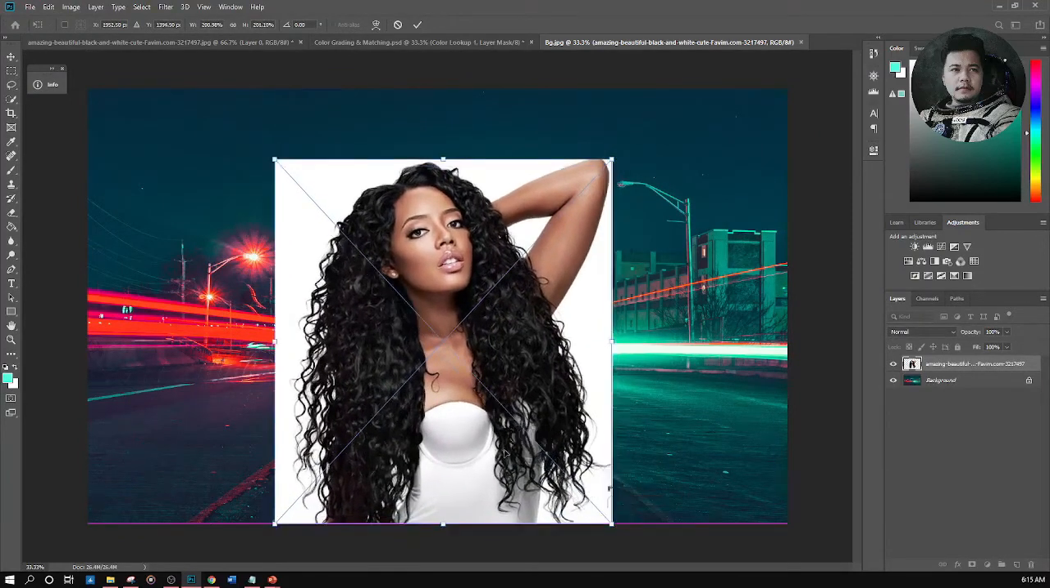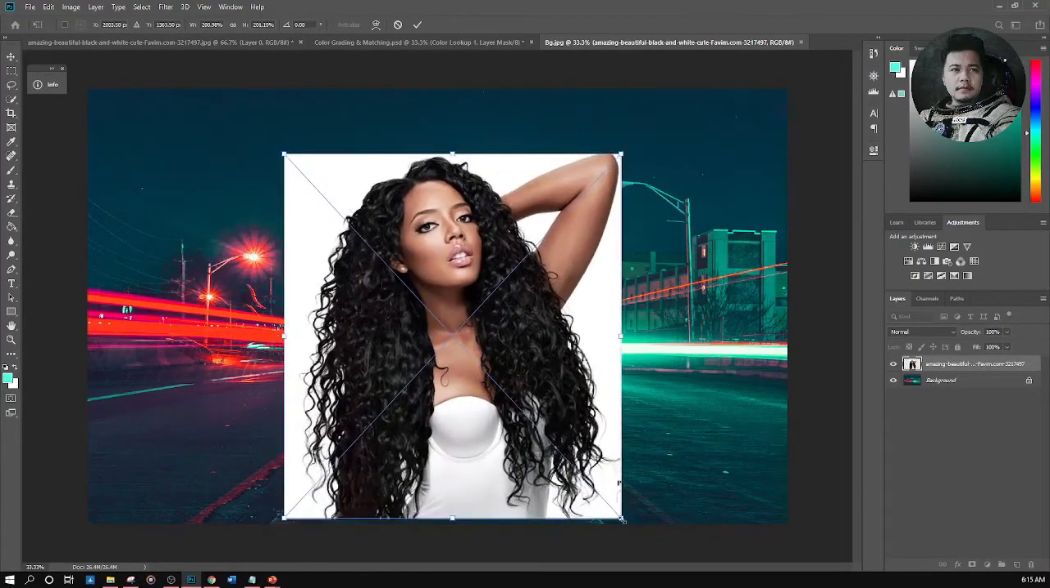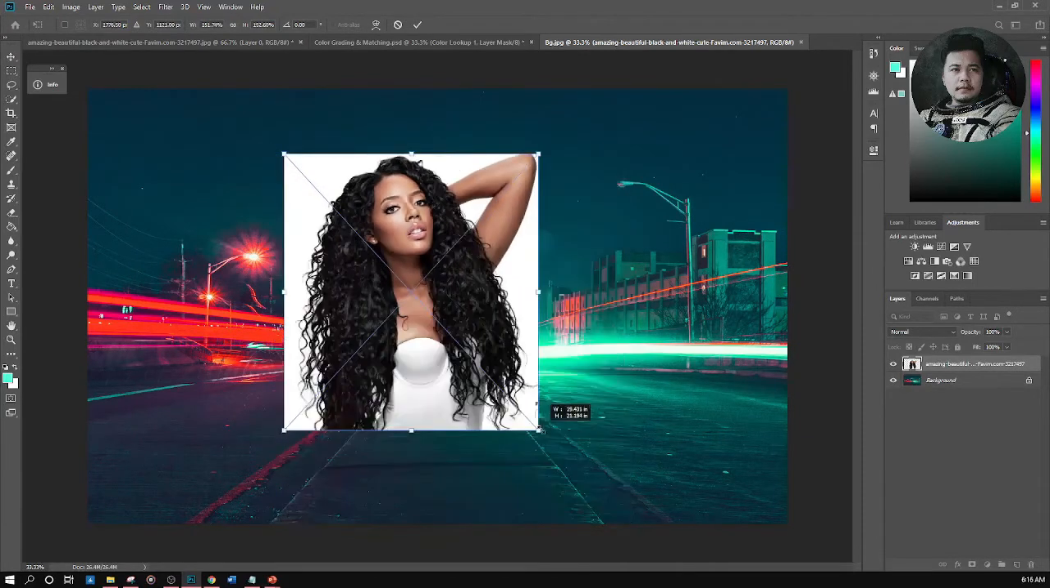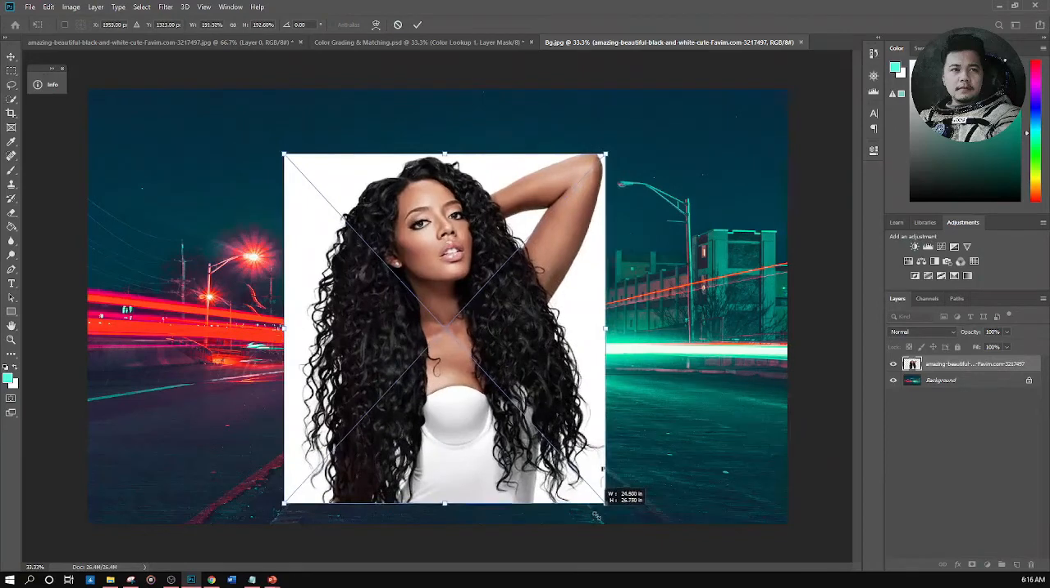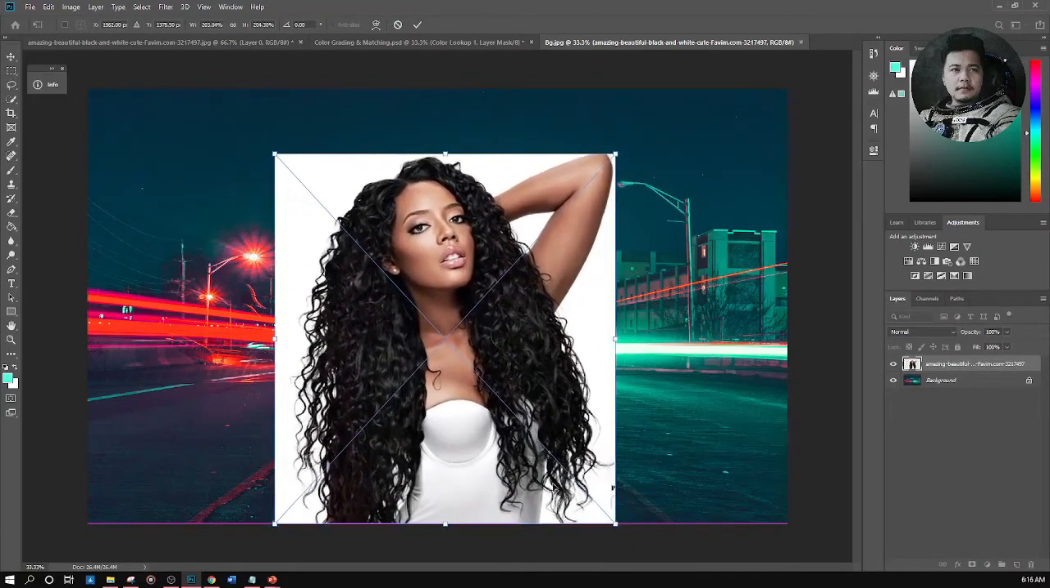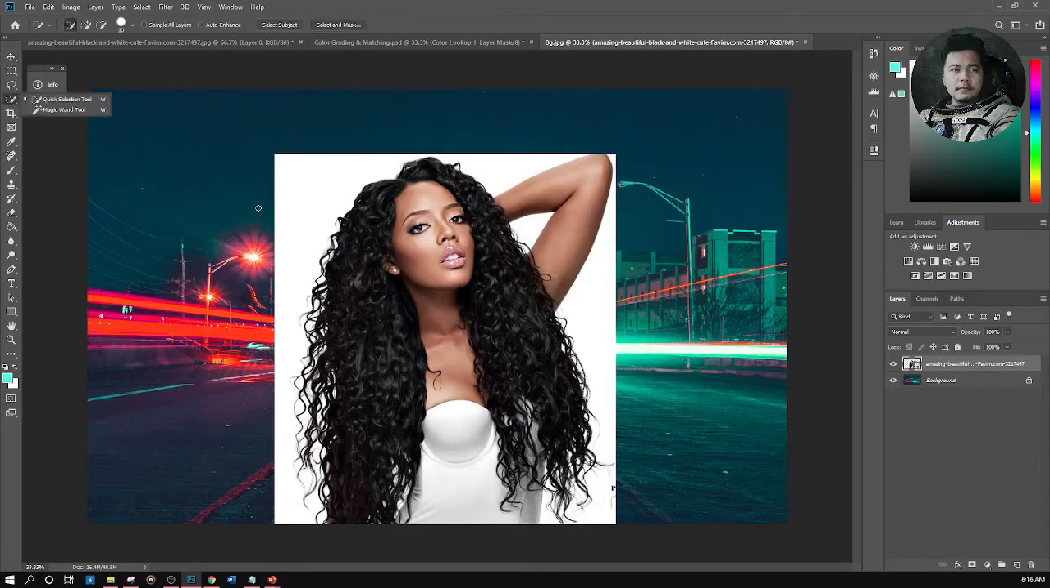So let's just try. Make sure to press Shift to maintain the aspect ratio of the image. And then the next thing that we're going to do is remove the background,